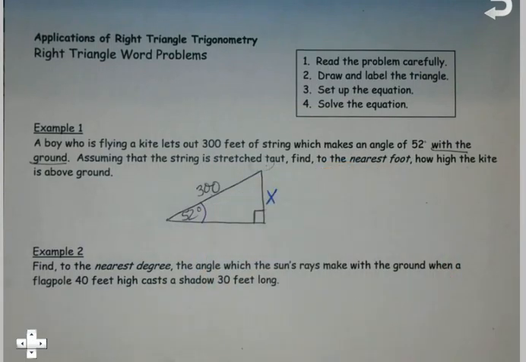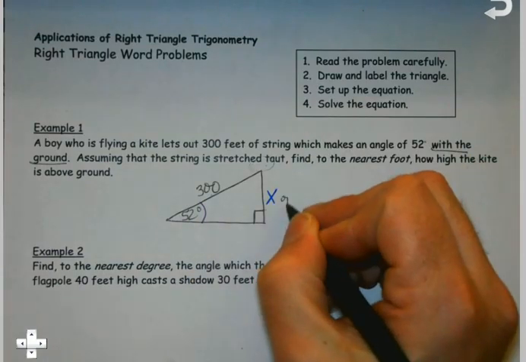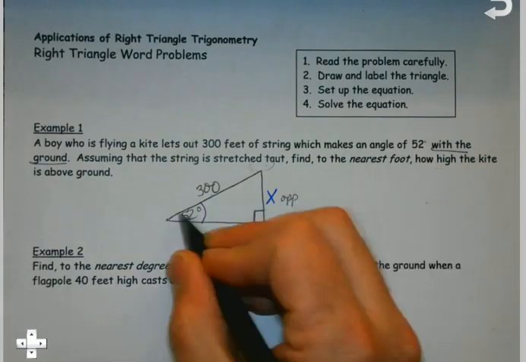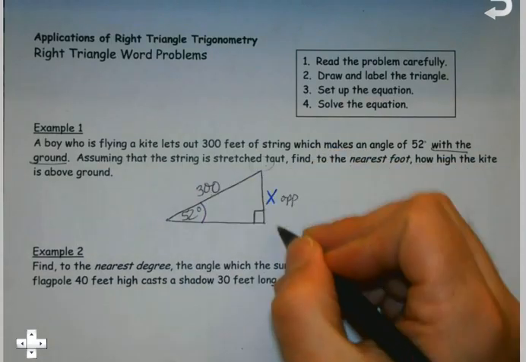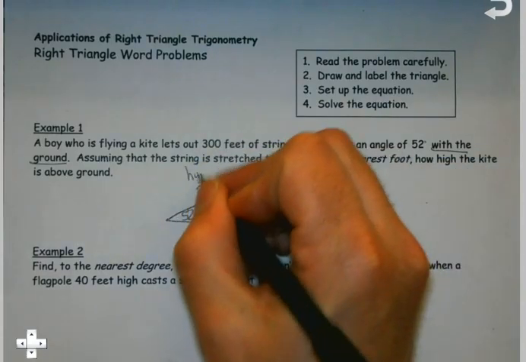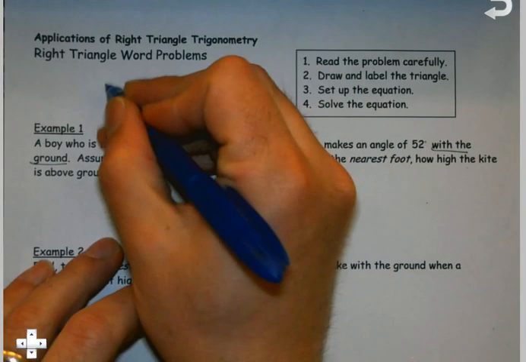So now I got to go back and I got to go, okay, which sides do I have? Well, if this is my angle, this is my side that's opposite, so that's where my x is at. And I also had the value across from my right angle, which is my hypotenuse. So which of my three trig functions am I going to be using with this? Well, if we remember back to yesterday,